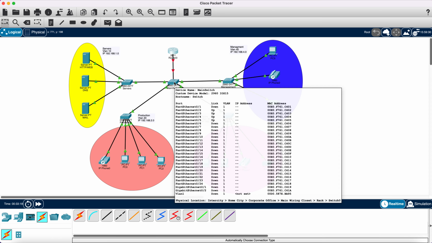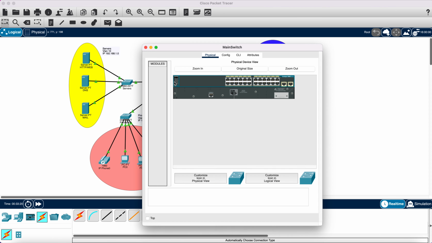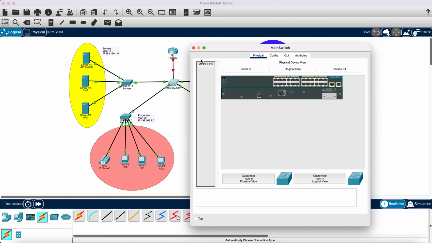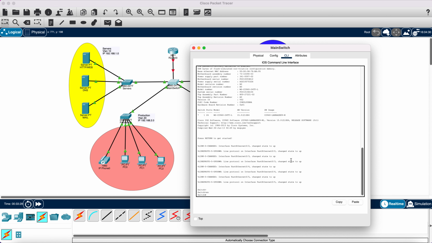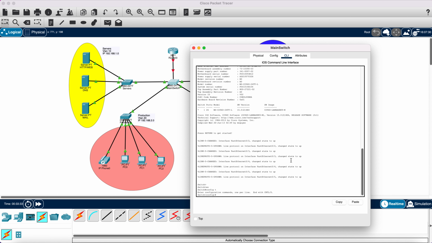But at first we have to create the VLANs. So we go on main switch, CLI, English, config terminal, and we start to create the VLANs. So we have 4 VLANs, so VLAN 10,